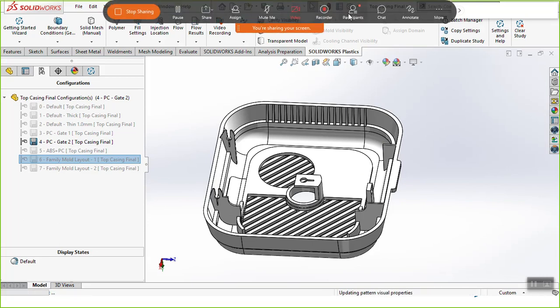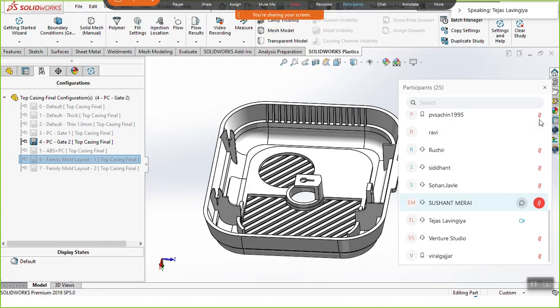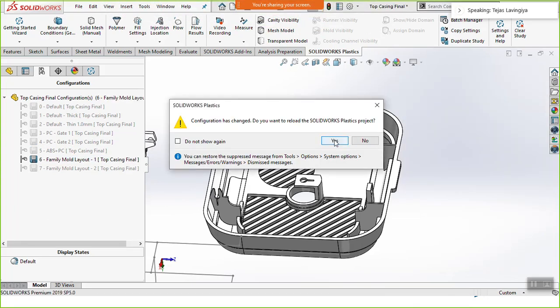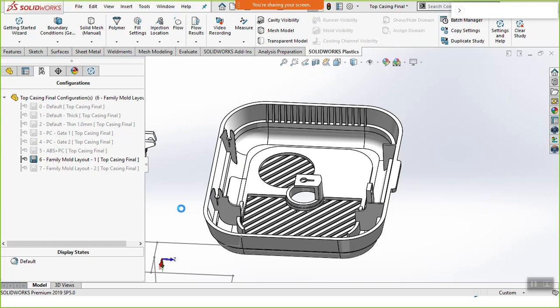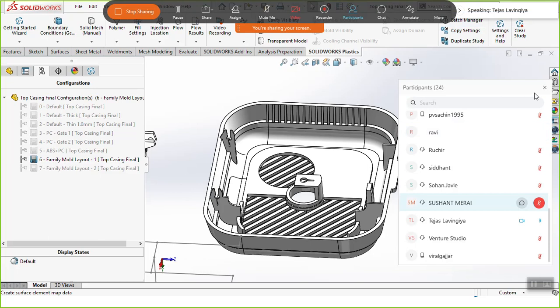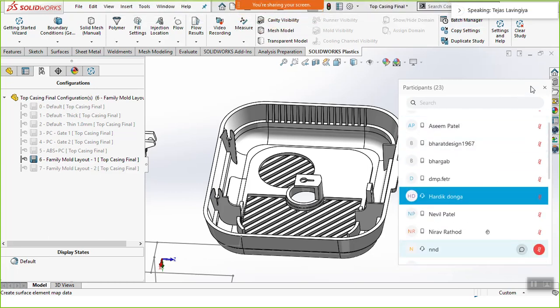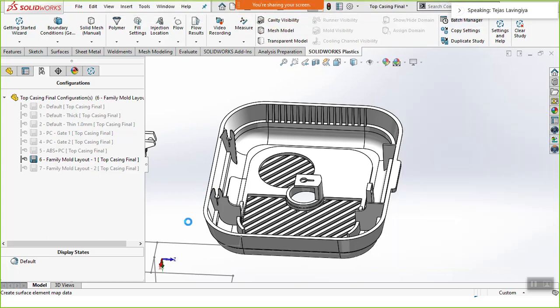Now let me quickly jump on to the next part in which I have created a family mold, in which there is a top casing and a bottom casing. I want to manufacture or eject them simultaneously. In this case, we also have an option of multi-gate ejection, so you can create the runner, riser, sprue, everything.